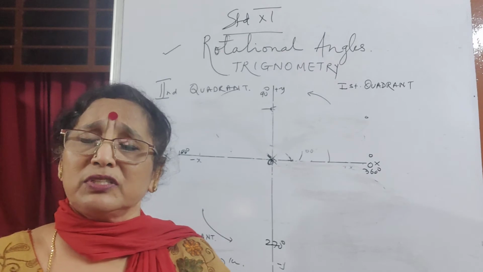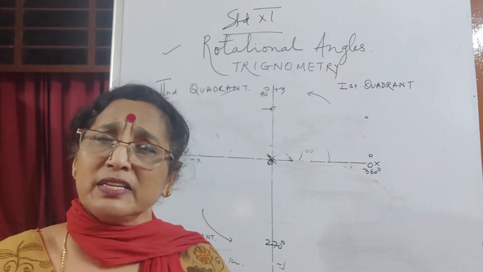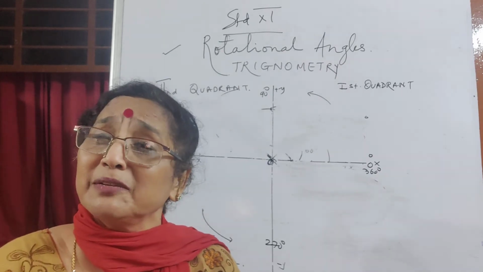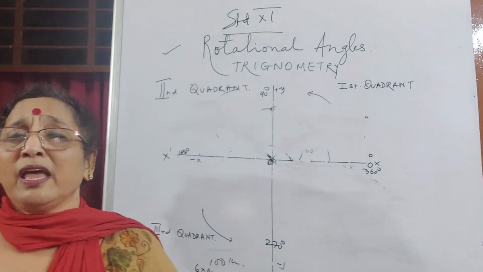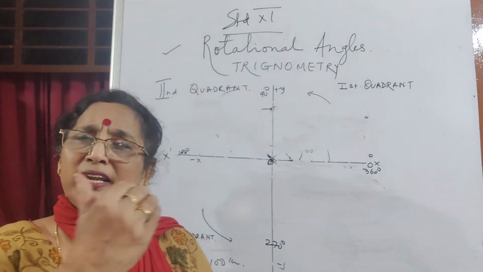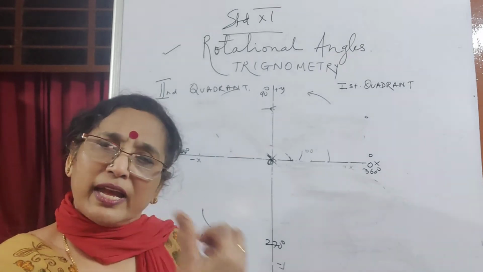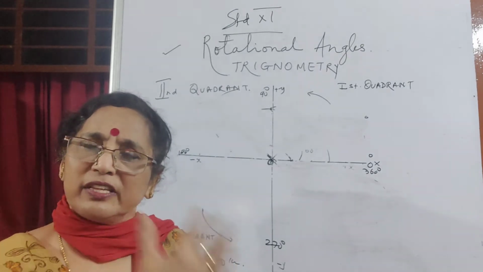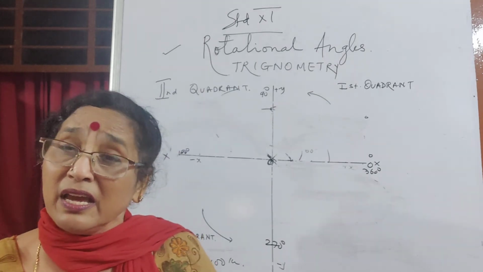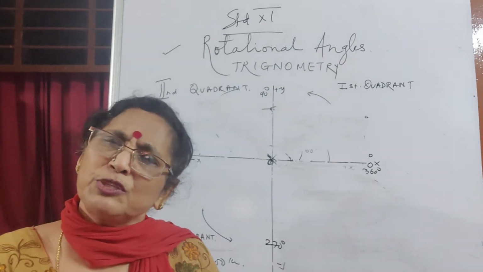Suppose it's 41 or 60, 69 or 146. 146 also you won't get in the table. That's why we're going to see today that if I have sine of an acute angle, no problem. If you have an obtuse or reflex angle, any angle which is greater than 180 or even greater than 90, how do we see the tables? How do we know its value?